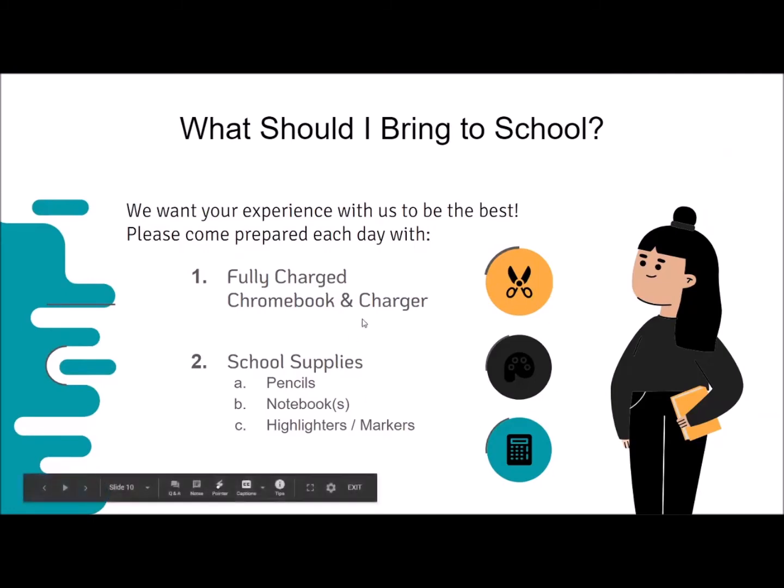And then this is one of our final slides here for kids coming in the building. What do I bring? So this year we're not doing lockers because, again, we're trying to keep things very smooth running. And so what you should bring is a book bag. It could be a little drawstring book bag, that's fine. You want to have your Chromebook inside of it with a charger, because you'll be using that throughout classes, and school supplies, a pencil, a notebook, a highlighter, typical school things. So look under your beds, dig through your closets. I'm sure you got some notebooks and stuff somewhere, but anyway, those are kind of the basic things you need, okay?